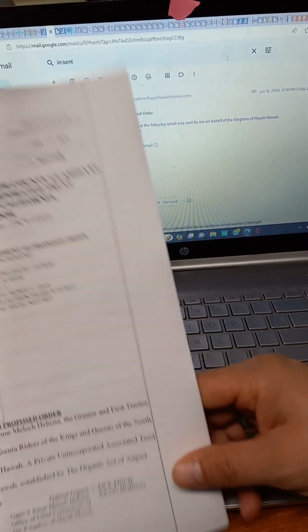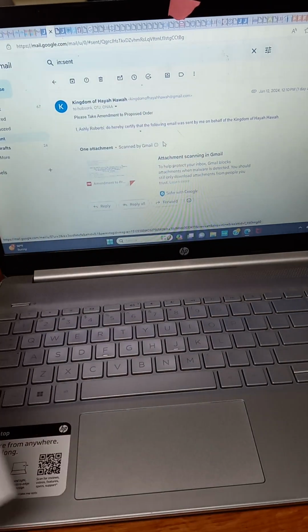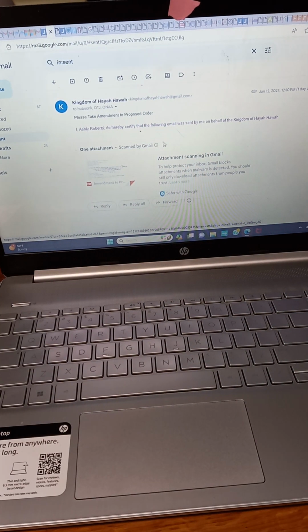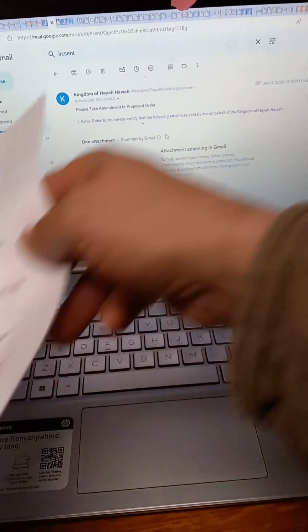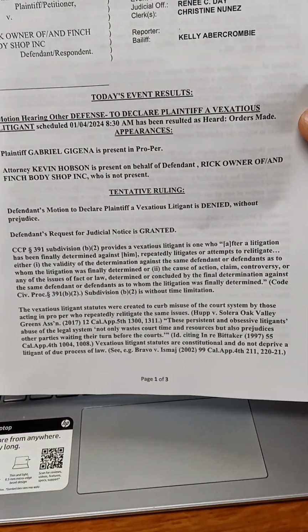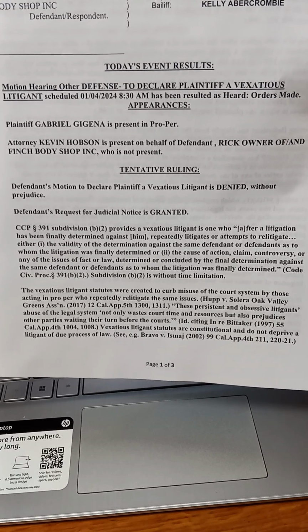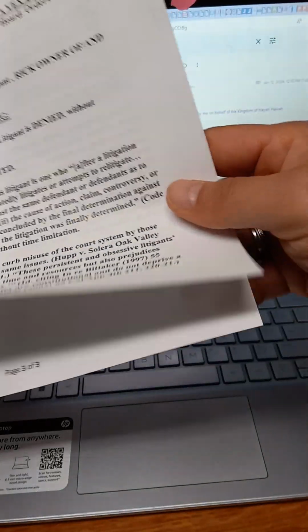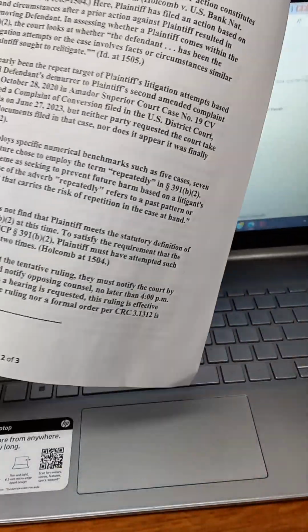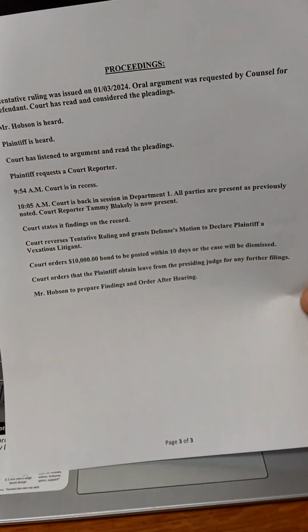The clerk, they stamped it received. The clerk, she was looking at it and she didn't know what was up, because she's reading the tentative ruling, right? And she gave me a copy. And it clearly says, off the bat, that their motion was denied. And she goes and reads further, and she says, there's something really, really janky about this. That was the tentative ruling that we read before.